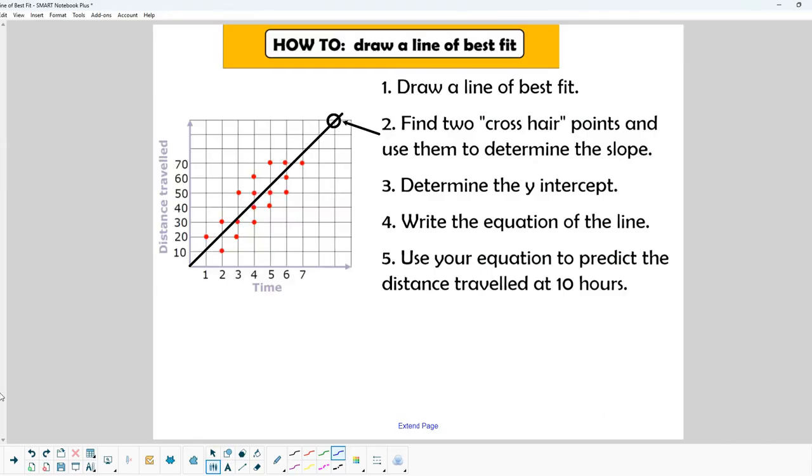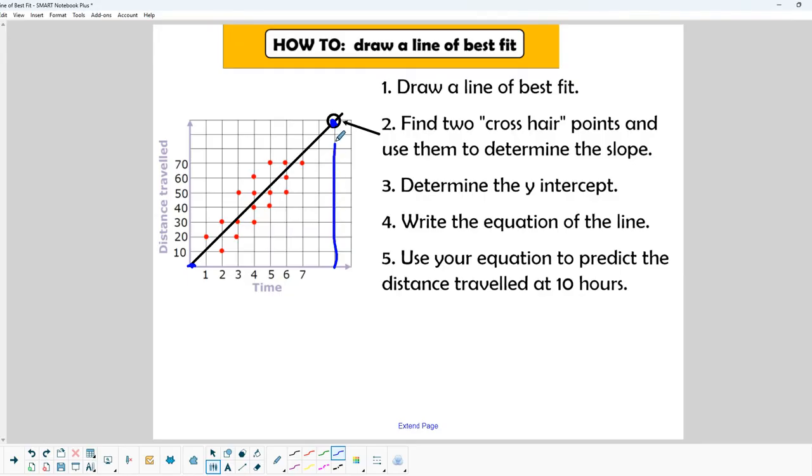Okay, so let's remember, how do you draw a line of best fit? Well, you draw a line of best fit. You find 2 crosshair points and use them to determine the slope. So you find one down here. Sometimes it's the one where it crosses the y-axis. And then you work your way up until you find one where it has a nice intersection. Then determine the y-intercept. Well, you use those 2 points to find your